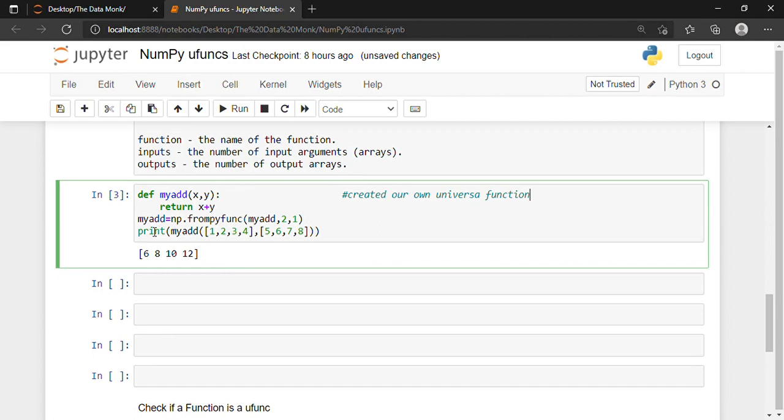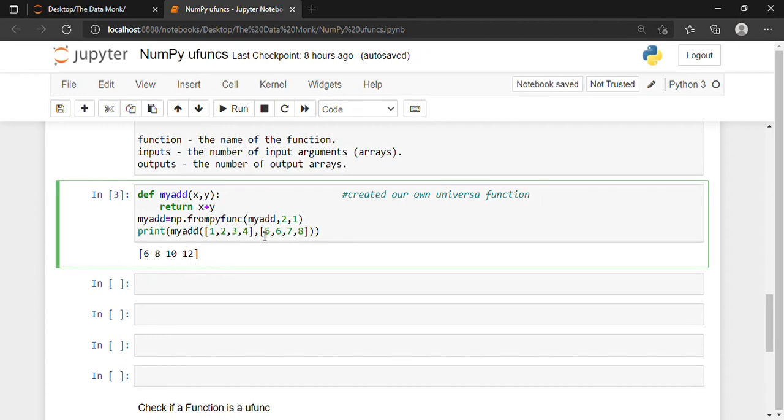We have written myadd is equal to np.frompyfunc myadd comma 2 comma 1. In 2 comma 1, the 2 is the number of inputs and 1 is the number of outputs. So we have given two inputs and we want one output, and this displays the desired output.